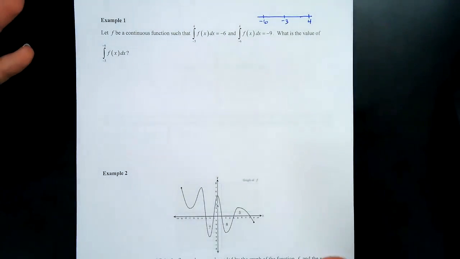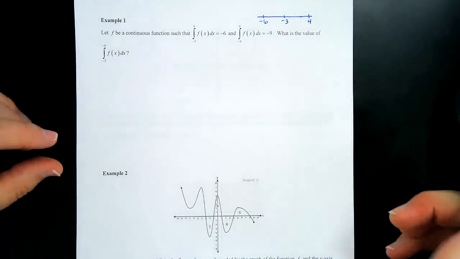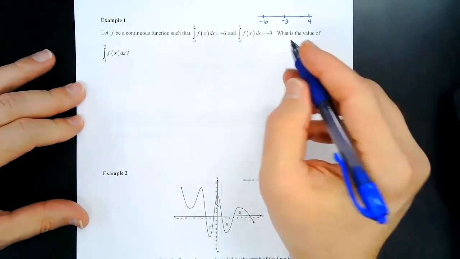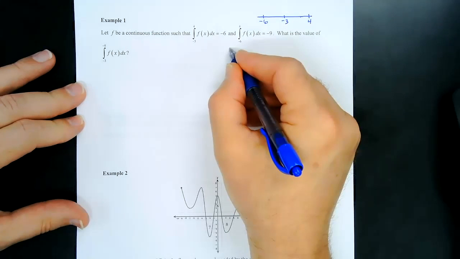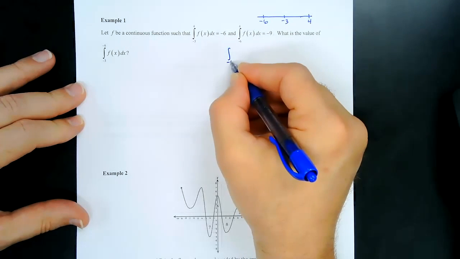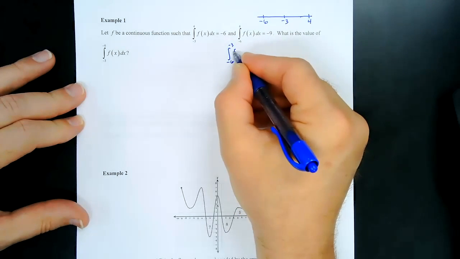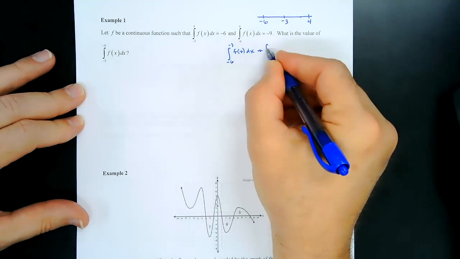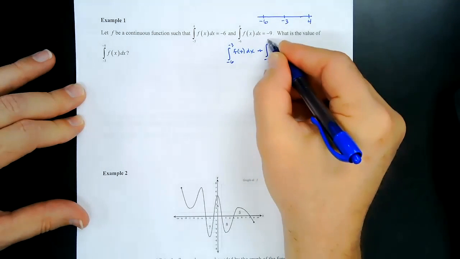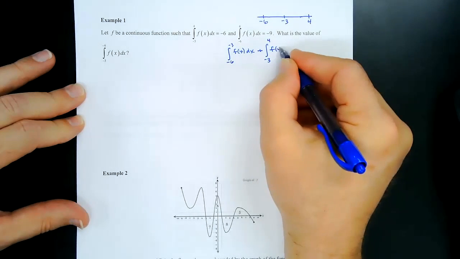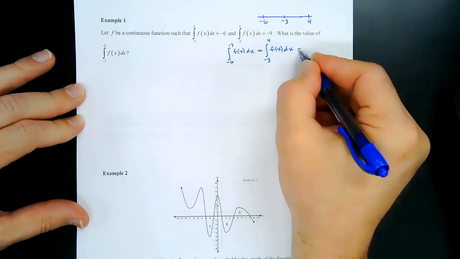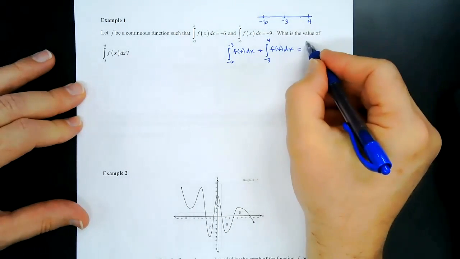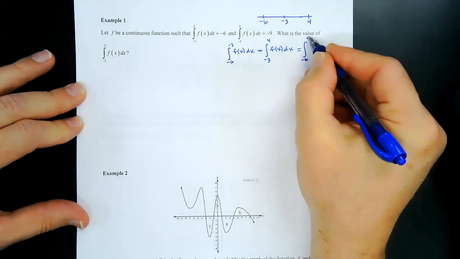All right. You can do this other ways. This is just the strategy that I use to help me. Okay. So I know I'm going to integrate from left to right. So I know from that additive property that the integral from -6 to -3 of f of x dx plus the integral from -3 to 4 of f of x dx is going to have to be the same as the integral from -6 to 4 of f of x